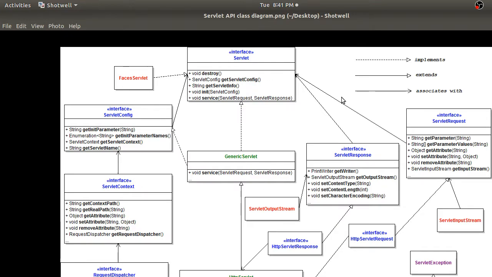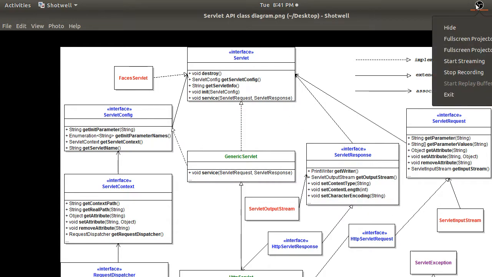Just go and understand this diagram. It is very important for our learning. This is an API, the servlet API, which we use in our programming to achieve servlet, or server side programming, that can be done by using this API. So I think you got an overall picture now.